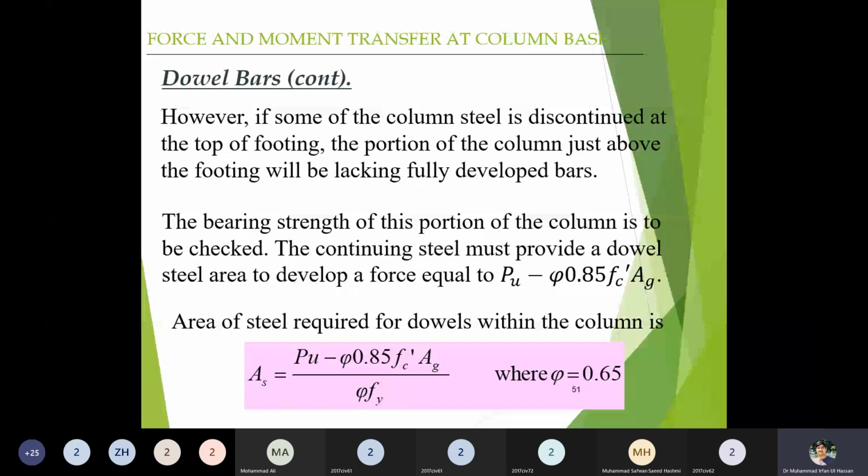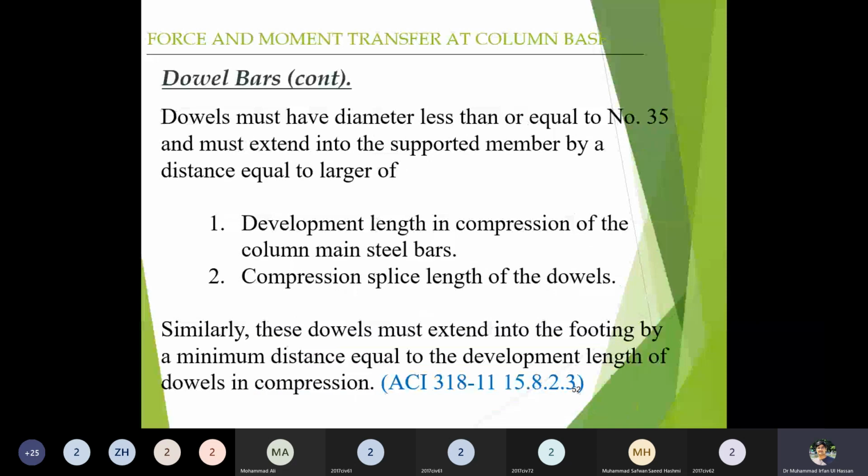So we can compute the load minus 0.85 fc' Ag, divided by the stress, and we can compute the area of steel. The dowels must have a diameter less than or equal to number 35, and